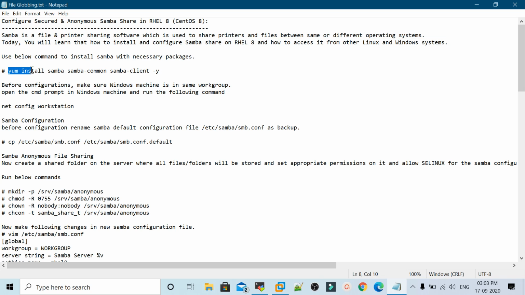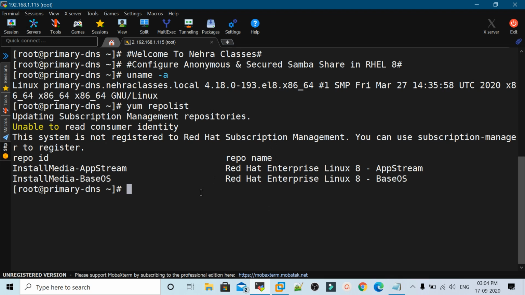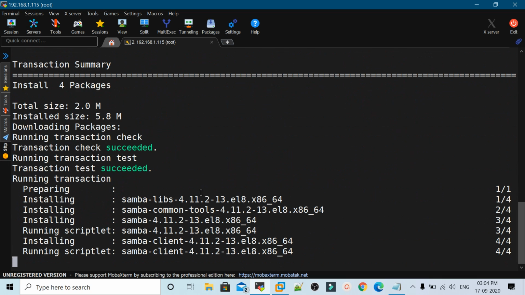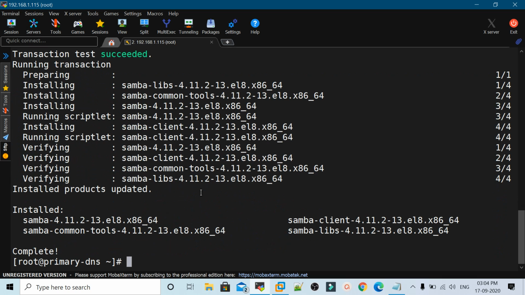So first of all, the packages that are required for creating the Samba share are Samba, Samba-common, Samba-client. These three packages we will install from the local yum repository in our machine. So I will use yum command for that and it will install these three packages in my machine. Now in the next step,